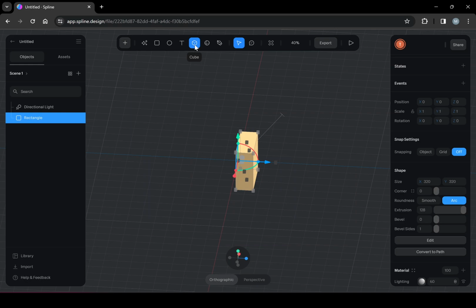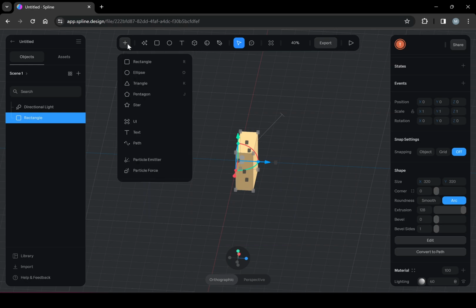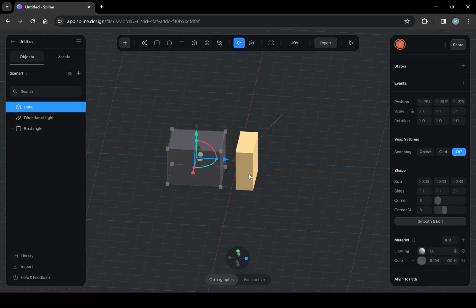We can also click the plus here, and if you scroll down, you'll see all the different objects that we could use in our application here on Spline. I could just use a cube actually, it's probably going to be easier. So if I just click and drag, I think that's better if I have this cube. So I'm just going to delete this other one, and I'm just going to click that cube.